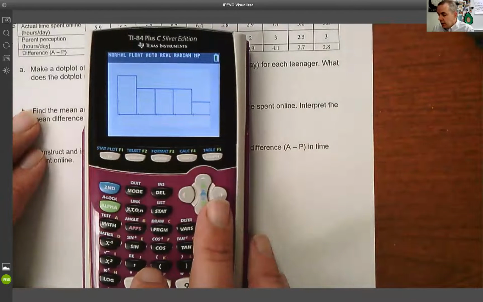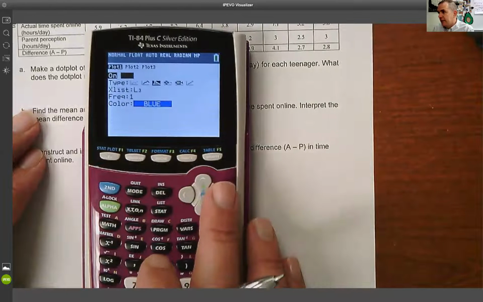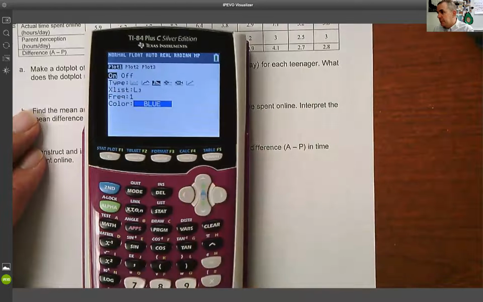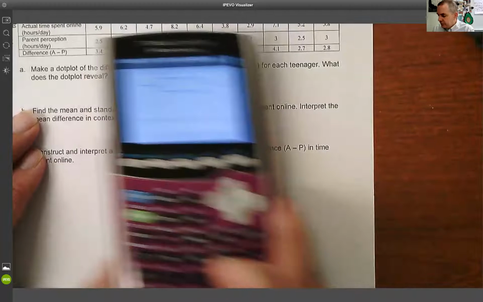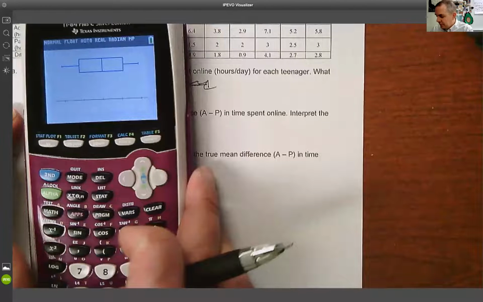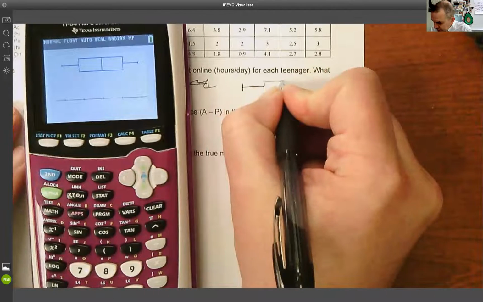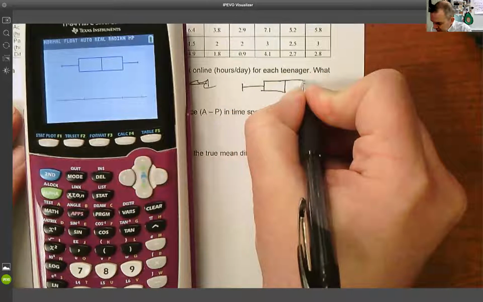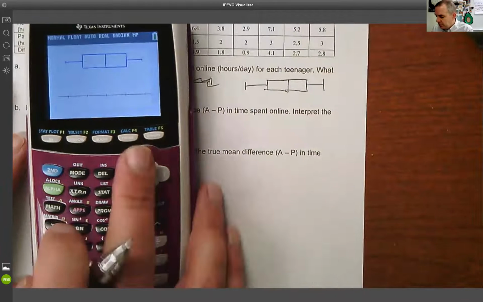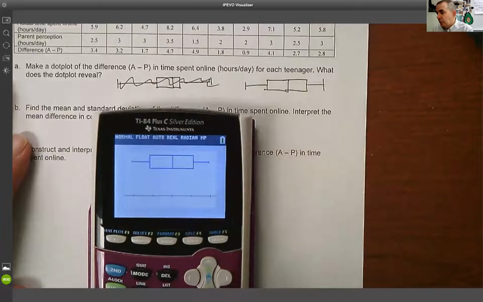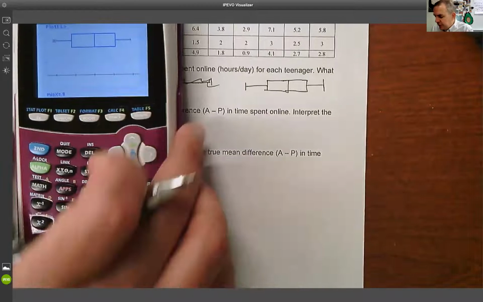strong skew. What I'm going to do now is go back and look at the dot plot, box plot with outliers. Zoom 9. And that's really what I'm going to put down. So what I want to put down for real is this, big box. And I want to put the scale on it. So I know it runs from 0.9 to 4.9. If I hit trace, it goes from 0.9 to 4.9.